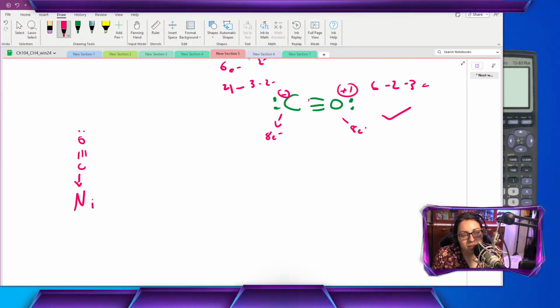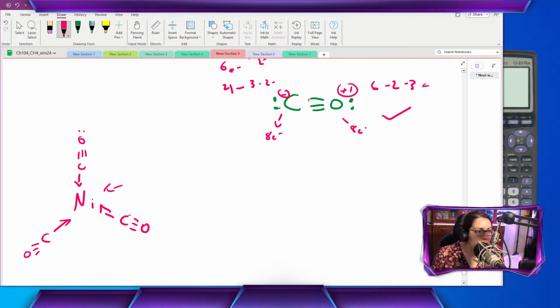And so, right, we have this negative charge on this carbon and these 2 electrons here. And that's exactly what they do, those 2 electrons come, and I'm using this arrow notation to show that there are actually 2 electrons being donated to nickel. And so I just drew out, a poor tetrahedral structure, but I just drew out one example. So this is